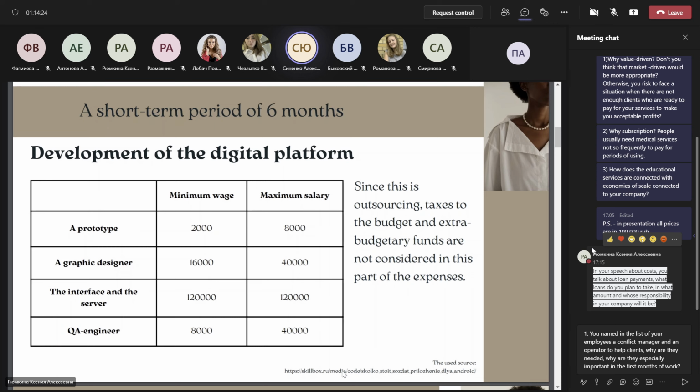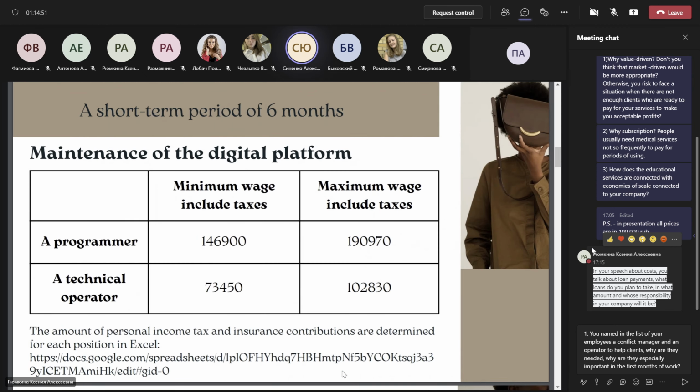This is done by a user interface designer. Then the graphic designer comes into play. The development of the user interface and the server can take from 200 to 900 hours. That is from 25 to 112 days of work at 8 hours. Next, the application needs to be tested and bugs fixed. This is handled by a QA engineer or software tester.